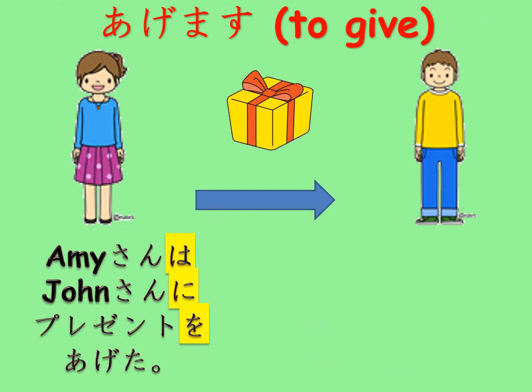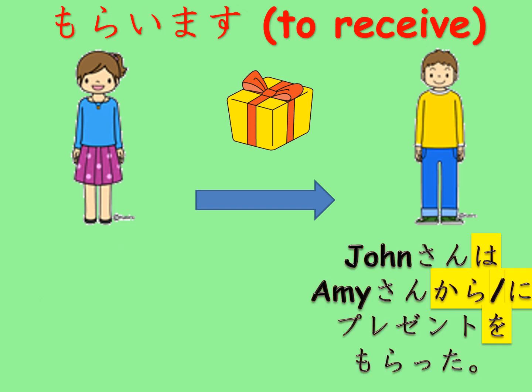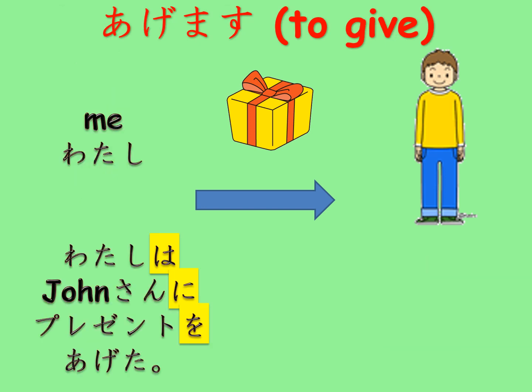Let's reverse the arrow. Now, Amy is giving a present to John. If we focus on Amy, the giver, Amy さんは John さんにプレゼントをあげました。If we focus on John, the receiver, John さんは Amy さんからプレゼントをもらいました。or John さんは Amy さんにプレゼントをもらいました。